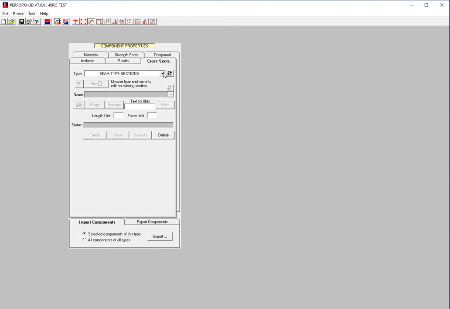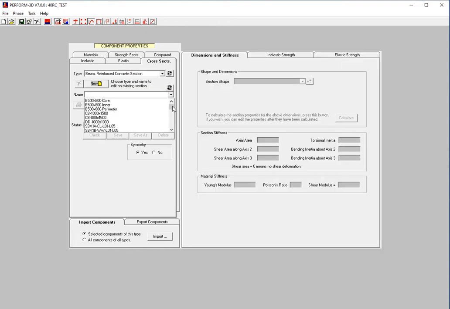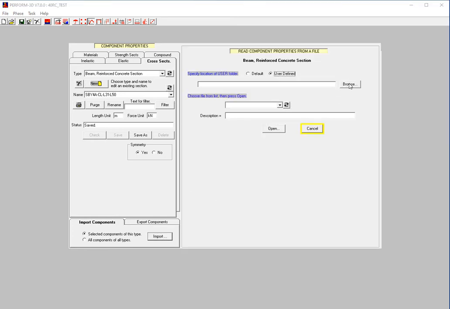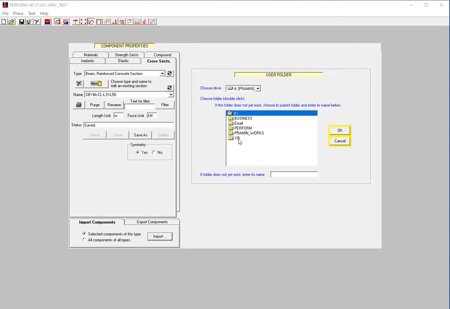Go to code section, beam reinforced concrete section. In here they have the original section that is already defined. Anyway, we will try to import the new one from PX. Go to find the binary file that we already created from PX.